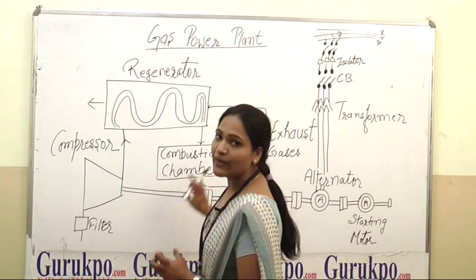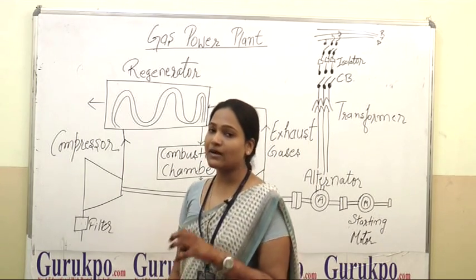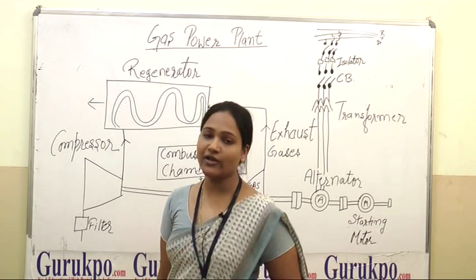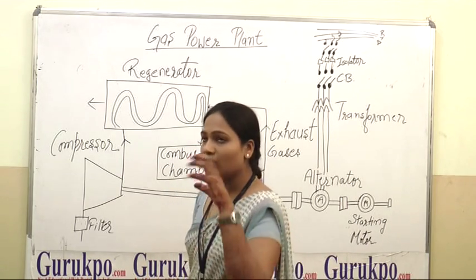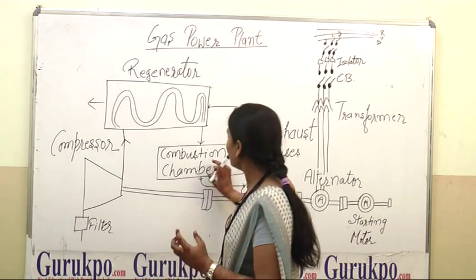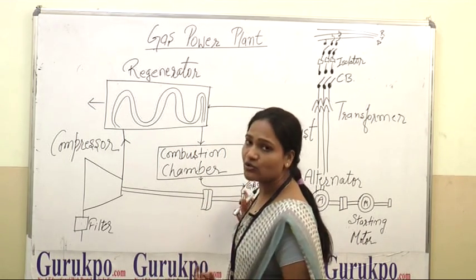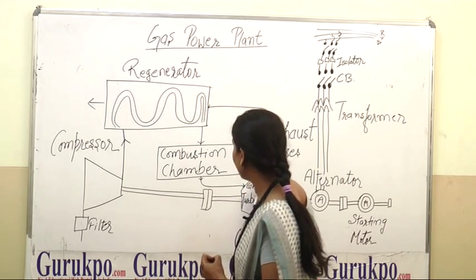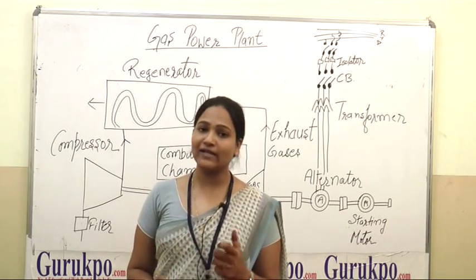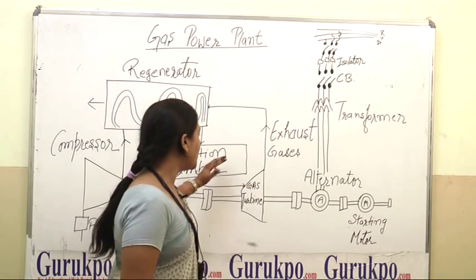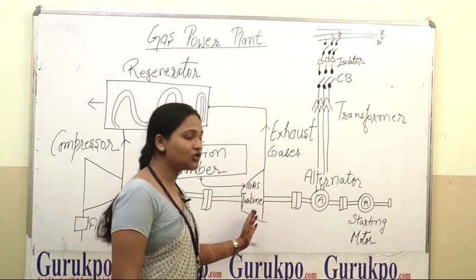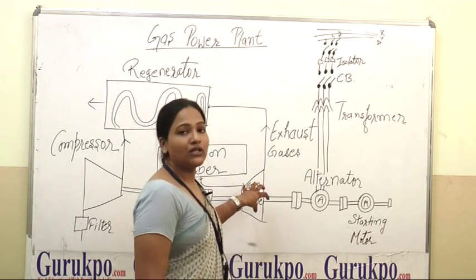Now this high pressure compressed air, after getting heat from the exhaust gases through the regenerator, is given to the combustion chamber, where heat is given to the high pressure air. When this heat is absorbed by the gases, they are ready to be spent on the gas turbine. This gas turbine is basically a mechanical instrument which has rotary blades. When this high pressure and heated gas from the combustion chamber is given to the gas turbine,